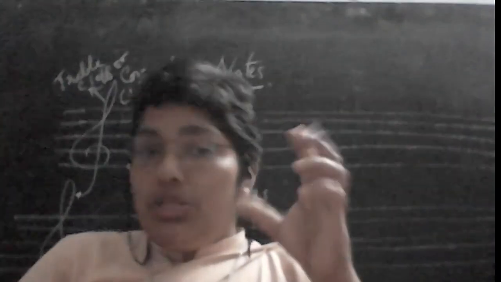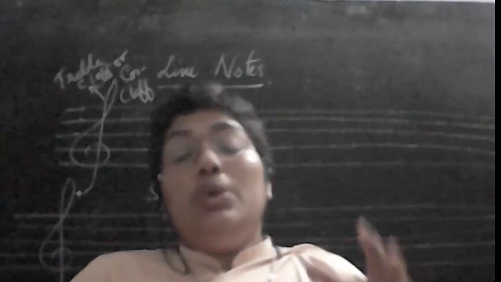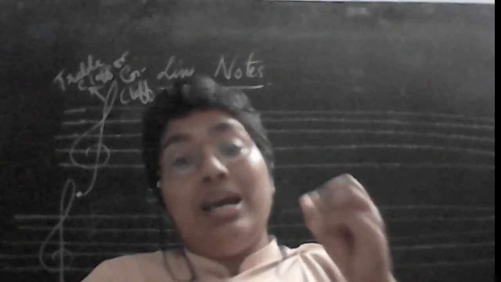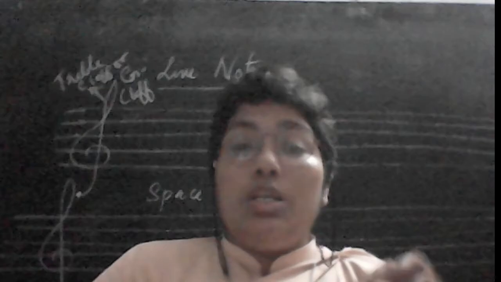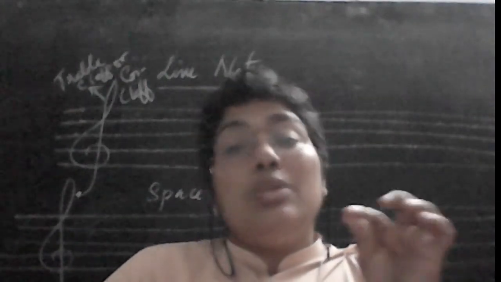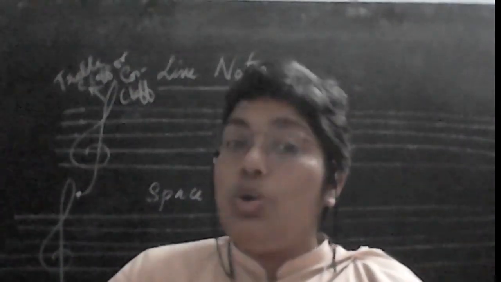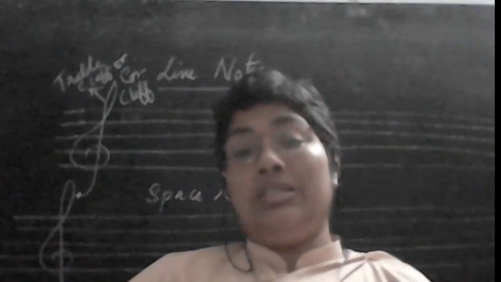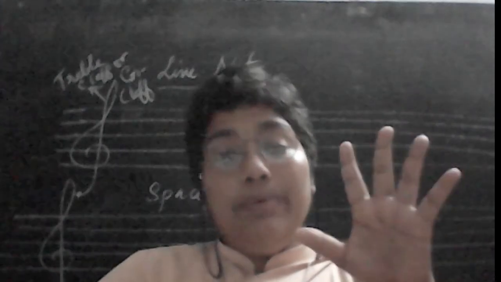Now we are going to learn which are these. I have taught you the different music notes: C, D, E, F, G, A, B, then it continues with C like that. So we are going to learn now which are the line notes. As the name signifies, line notes means the notes that are written on the lines. How many lines are there here? There are 5 lines.